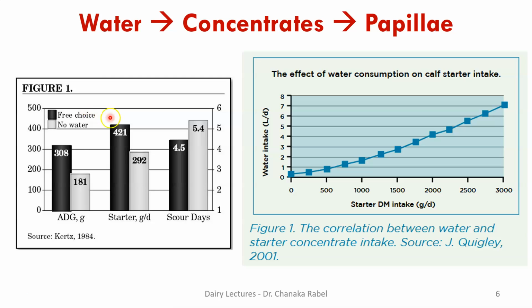So free choice or ad libitum water means there is water available all the time. It's not like you give 2 liters in the morning and 2 liters in the evening. There is fresh water, right? The important word there is fresh. It can't be 3 days old water. Say a farmer loads a big barrel once a week. There is still water available for the calf anytime, but that's not good enough because that's not fresh